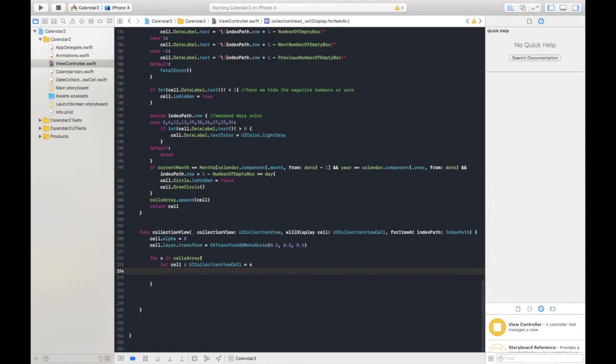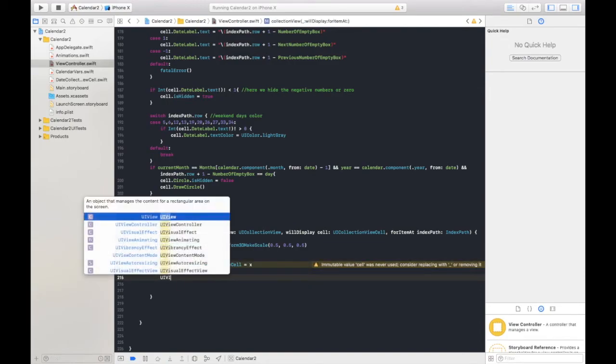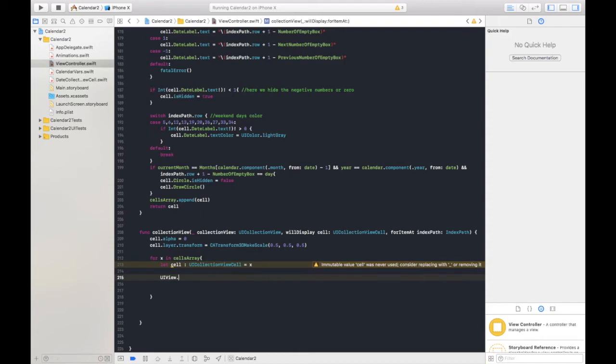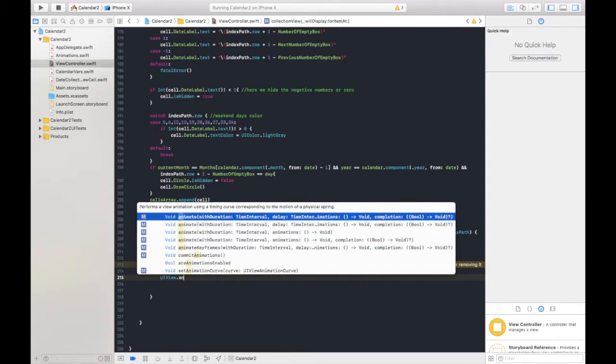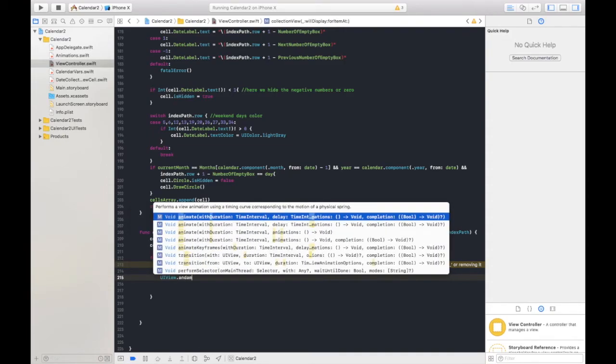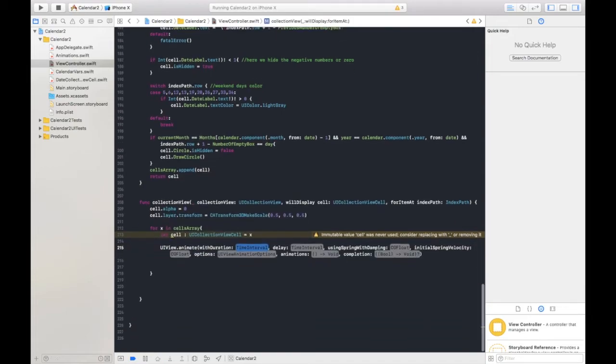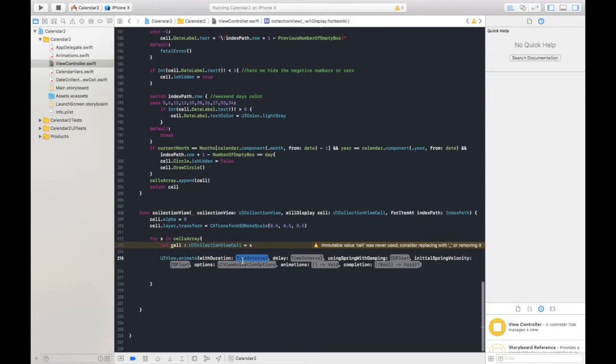So we have a cell to modify, and we will add an animation, UIView animations, and we will select this one. We need the duration, we need the delay, using spring with damping, spring velocity, options, animations. We will just delete the completion,